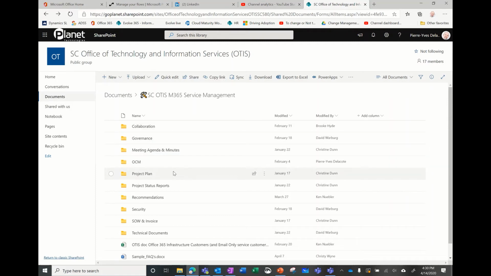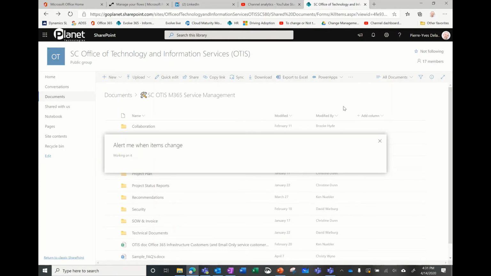And if I'm waiting for an important document, or if I want to know what the new documents are, how could I do that? If the person who's going to publish it in the Teams forgets about notifying everybody, that's not good. But if it happens, then you just have to go in the Alert Me, which is a